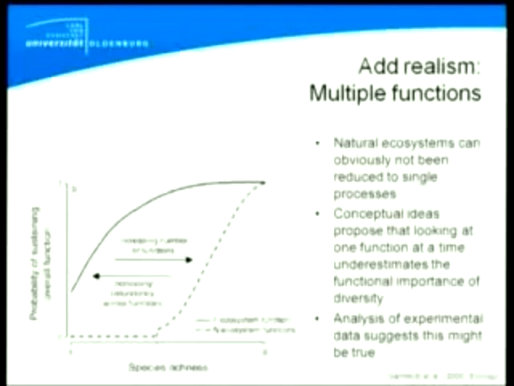And we used the seagrass experiment by Emmett Duffy to make this point. If you look at one function at a time and you decrease species richness in this system, you have a decreasing probability of sustaining this function, but even at only one species you still have a decent probability of having this function sustained by this assemblage. However, if you increase the number of functions you're looking at, this probability gets lower and lower. And our feeling is that the mainstream type of biodiversity ecosystem functioning experiment has actually underestimated the consequences of